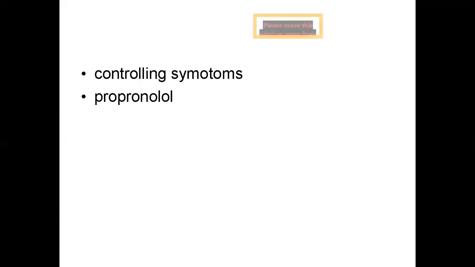So next we are going to the hyperthyroid state. The symptoms are very much there, such as palpitations and tachycardia. So apart from decreasing the hormone, we need to control those symptoms. To control palpitation and tachycardia, we need to give beta blockers, that is propranolol. So along with antithyroid drugs, we need to give propranolol to control the symptoms. This is regarding hyperthyroidism.